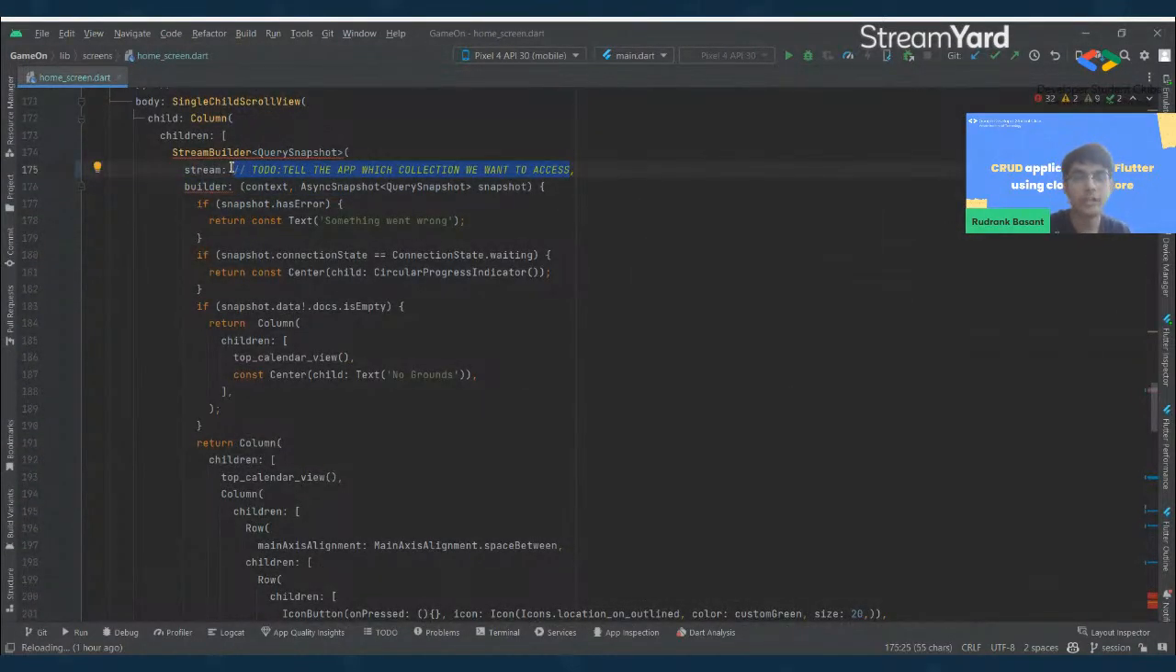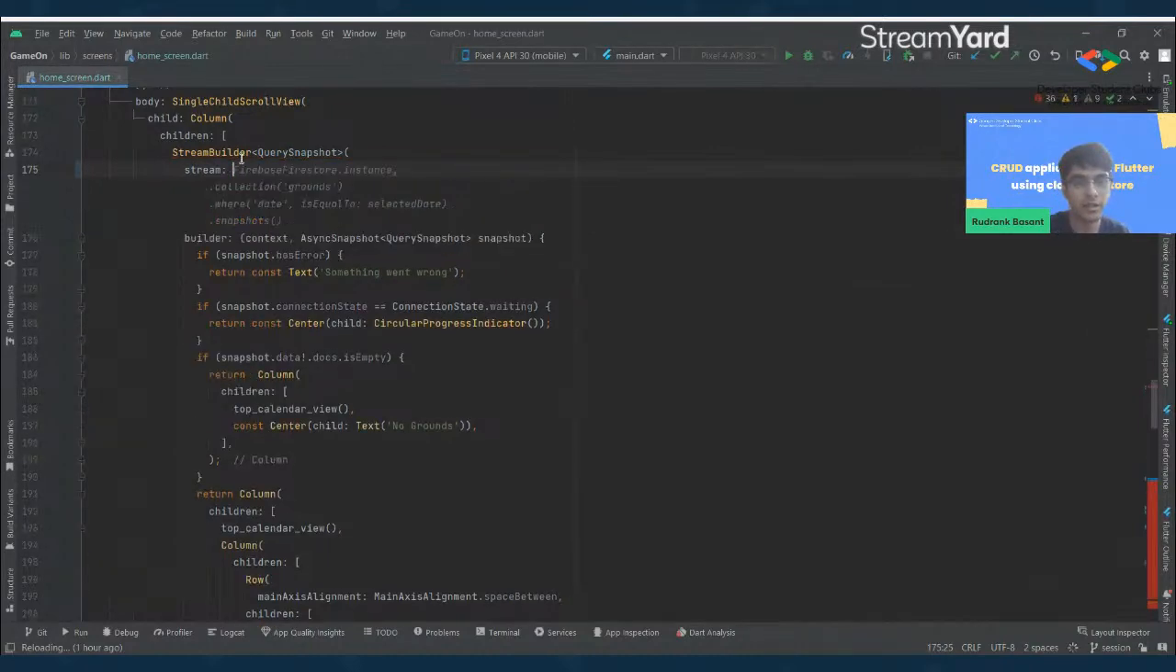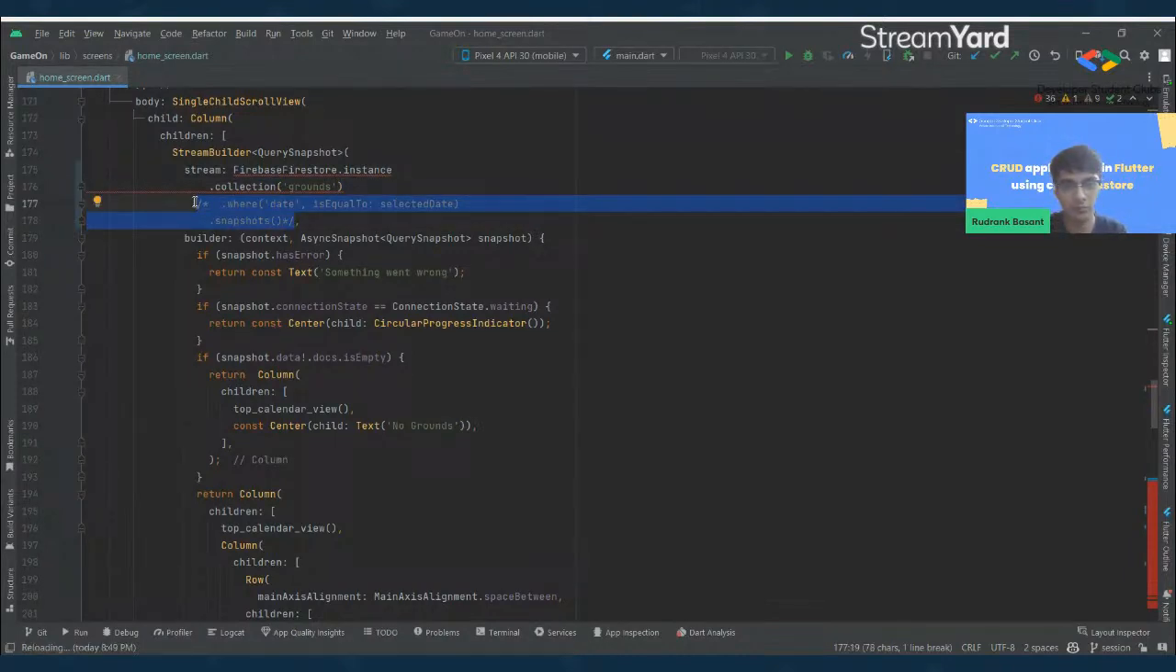In this, we want to tell the app which collection we want to use. As you saw in the Firebase Firestore, we were using the grounds collection, so we'll be using that. And as you can see, we have another statement which I'll show you in a second. So first, till here, we are referencing the grounds collection. But suppose you want some specific condition to pass through so that Firebase sends you the filtered list. So what is happening here is,